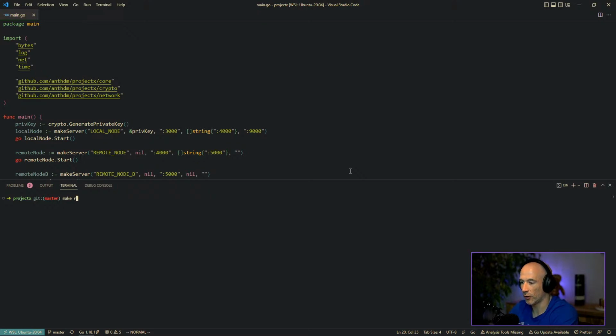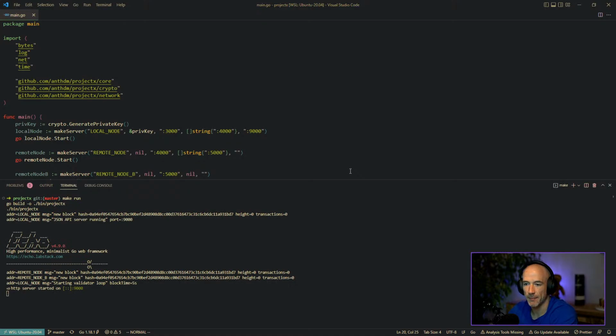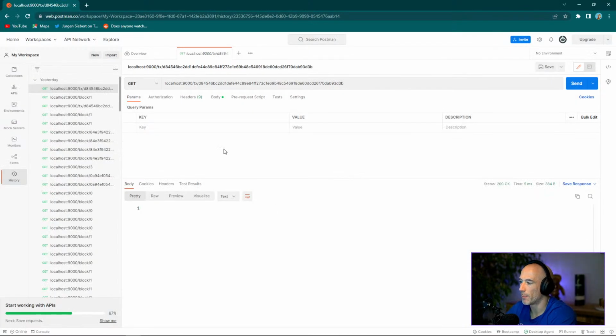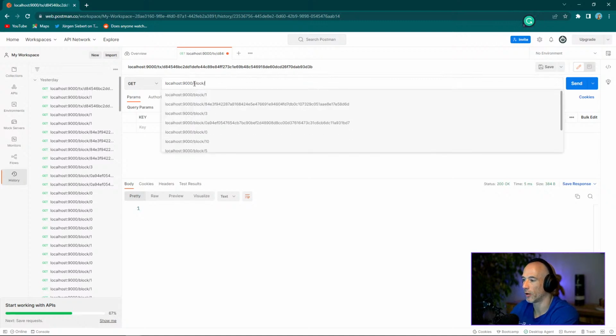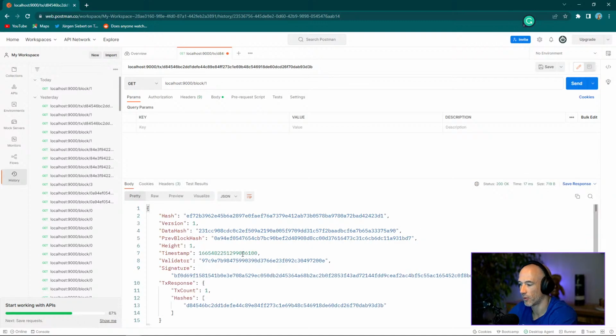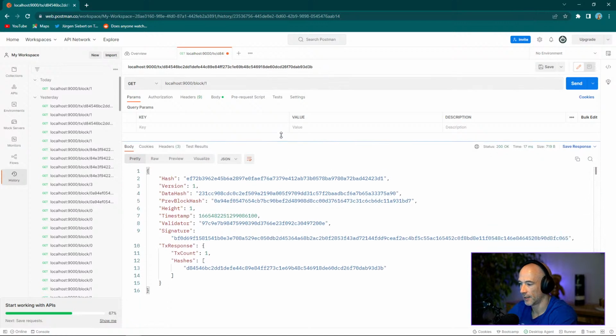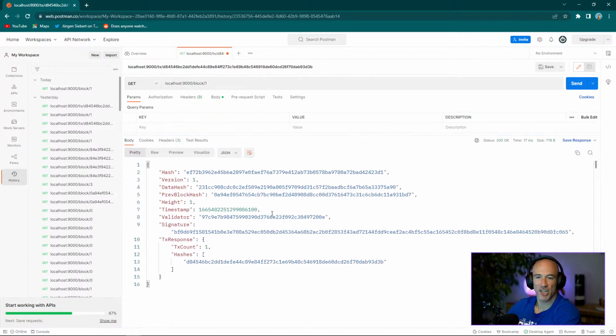Okay, so let's first of all start this thing, make run, and see. Postman. So we did something like block, right? And let's say block 1. All right, that's working fine. So we have this hash. Yeah, we have one transaction. That's good. All fine. So what I was thinking